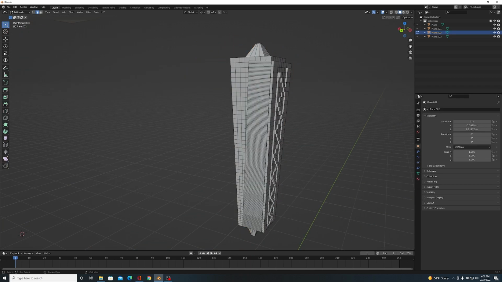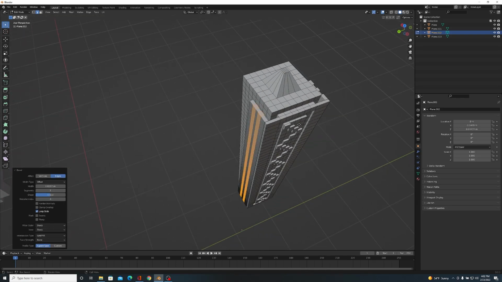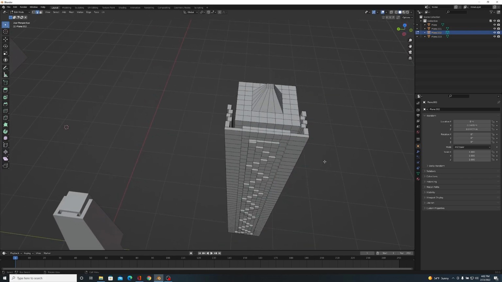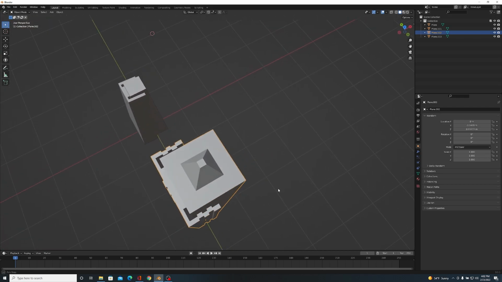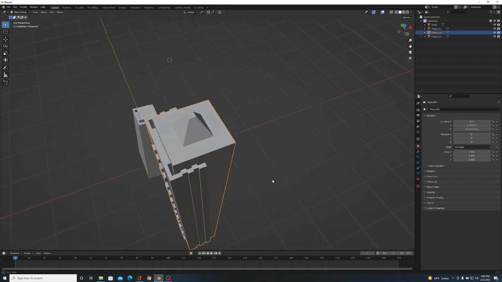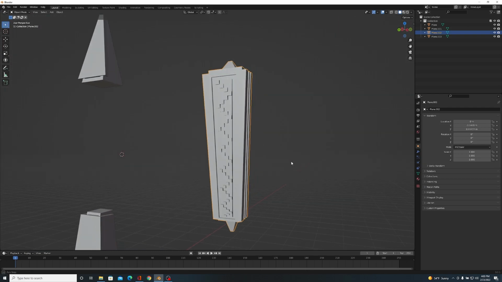Then we can do the same thing here: Control R, 2 loop cuts, drag them back just a notch, then Control B to bevel, scale them until it feels right. Right about there looks good. Then E and Y. Bam. So yeah, it looks a little weird on the line up here, but honestly, I kind of like it. It gives it almost like a better geometrical vibe when it's all working together.